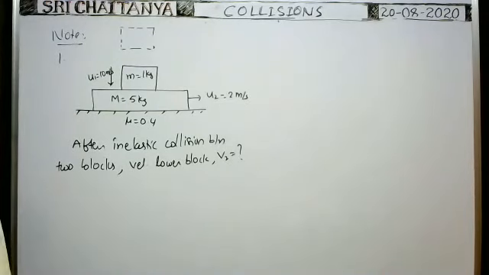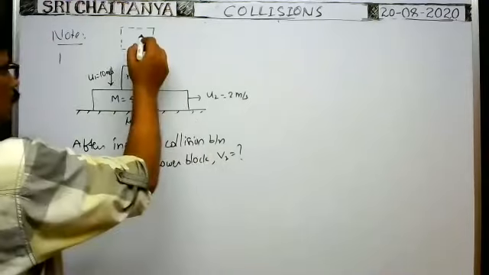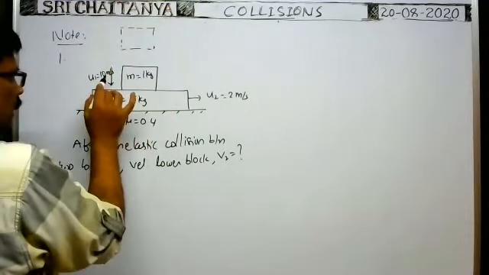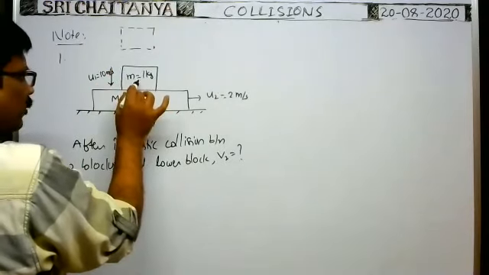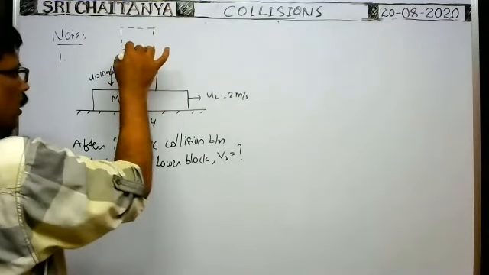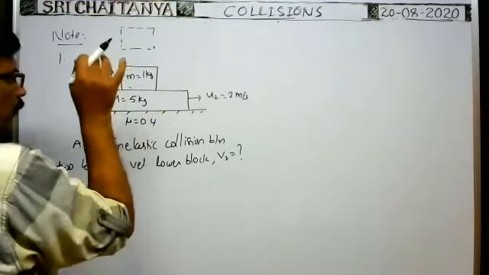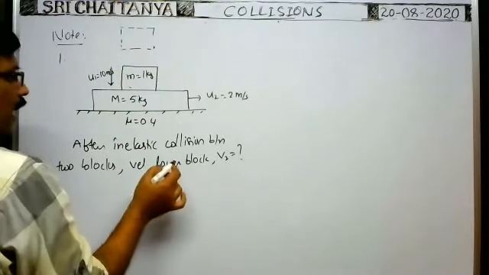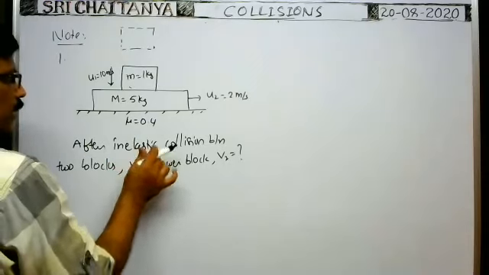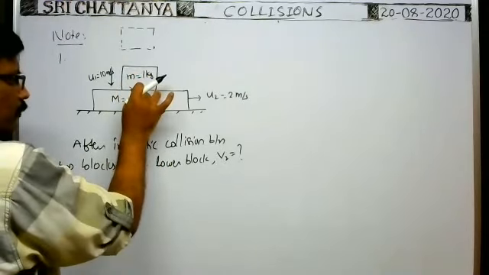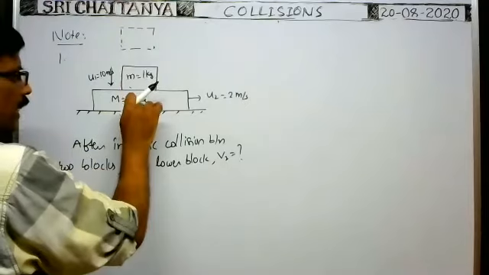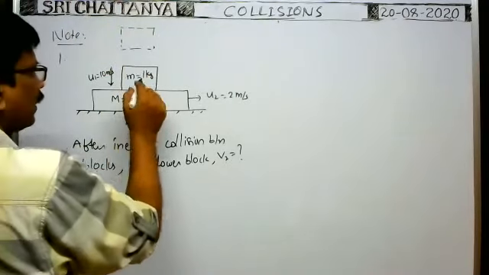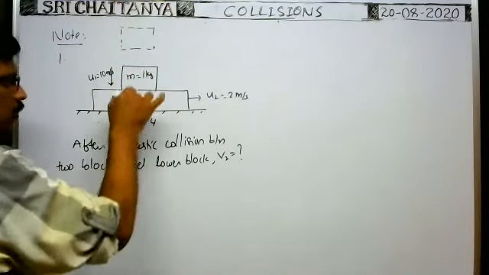Okay, all of you see carefully. Here, the block makes collision in the downwards direction with a speed of 10 meter per second. That means initially this block has momentum mu1 downwards, but whenever it makes collision with this one, immediately the velocity in this direction becomes 0, and as the inelastic collision takes place, this block sticks to this block. That's why in this direction velocity becomes 0, and it does not rebound back.